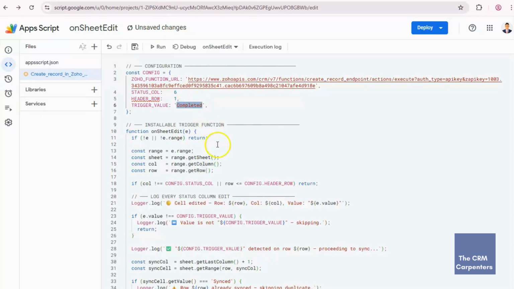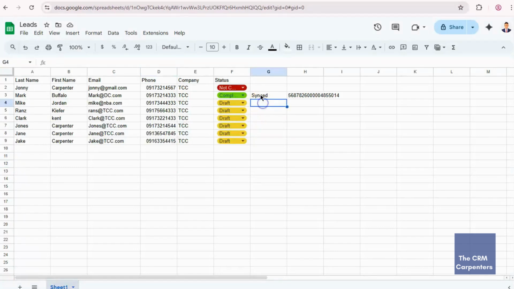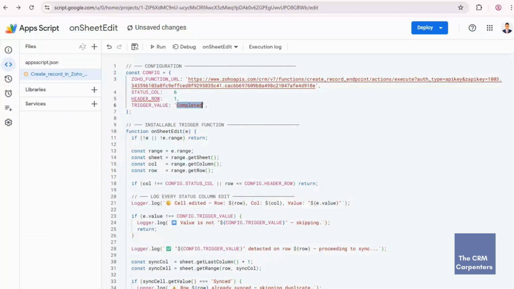And then it marks the row as synced or error when it did not successfully create a record in Zoho CRM. It logs an error based on the result.